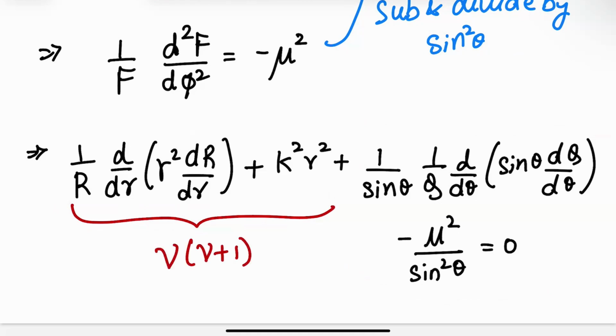Again, there are reasons we use constants that are specific like this, because they'll end up in a differential equation which we know how to solve. If I set this to be nu times nu plus 1, then this whole thing must be minus nu times nu plus 1, so that the whole thing is 0. Okay, so putting these things together, we end up with essentially 3 different differential equations which are all separable,